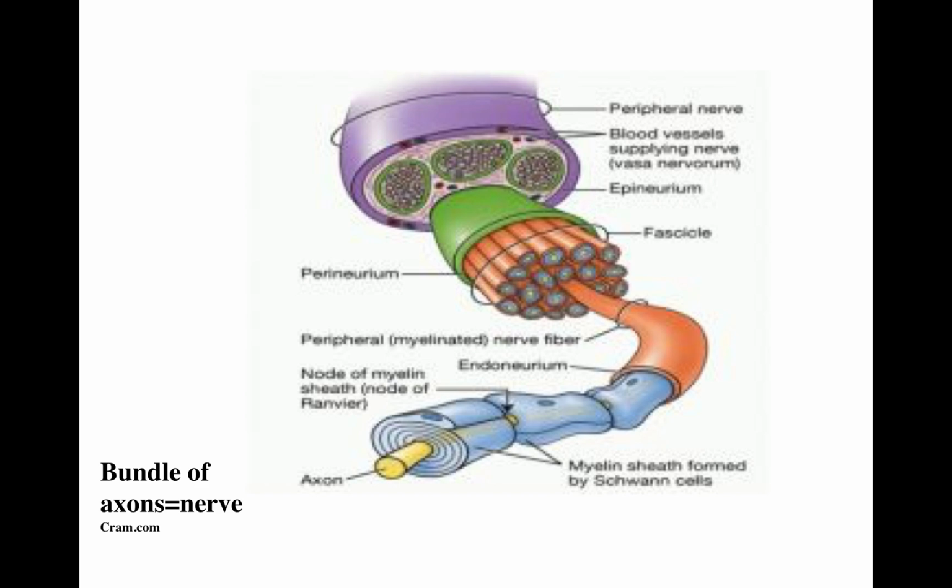Just some anatomy. When someone says a nerve, like your sciatic nerve, or you're getting on my nerves, what they're talking about is a bundle of axons. These axons can be in bundles that are covered with connective tissue, and then supplied by blood vessels. So a neuron and a nerve and an axon aren't the same thing. A nerve is a bundle of axons.